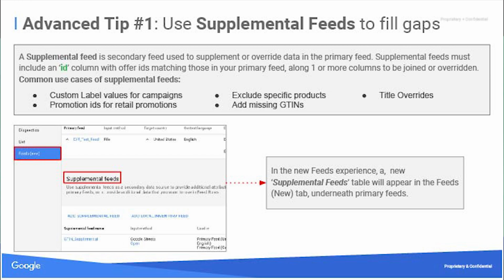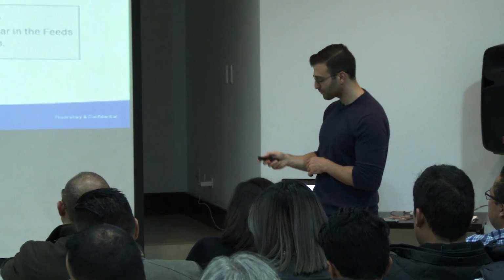My colleague will talk about that in a little bit and how you can use custom labels to segment your product data for campaigns. But we've seen that a lot of times it's the marketing team that wants to manage the custom labels, and they don't want to go to the IT team or the agency to build those into the primary feed. So they started using supplemental feeds. They'll give us a list of IDs with the custom label values, and they'll automatically join into your product data. Adding missing GTINs: a lot of customers are only able to source GTINs in a separate database or a separate file, so that's another way to join in data.